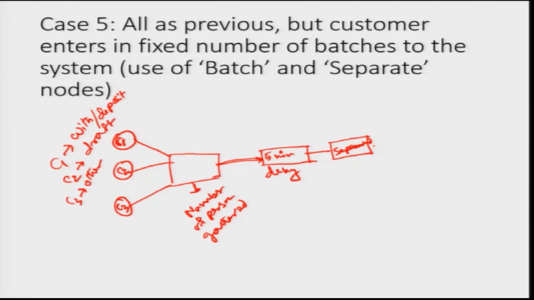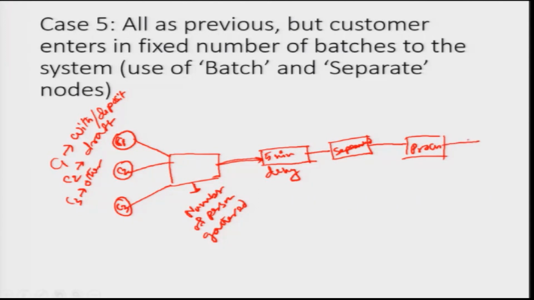So, before entering the bank, you need to separate this batching, otherwise whatever number you have decided to go as a batch will be joined together and make only one entity. So, before reaching the process, you need to separate them so that ARENA can realize that they are separate entities. After that you put the process,